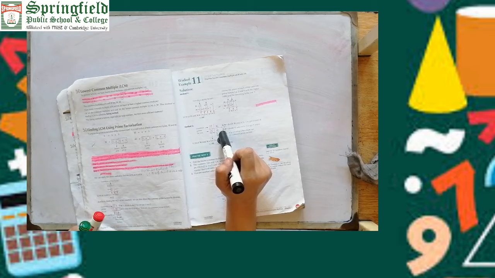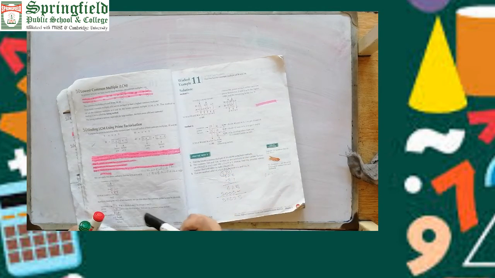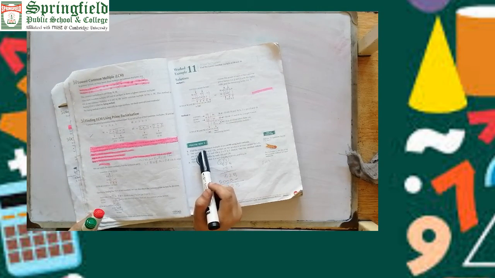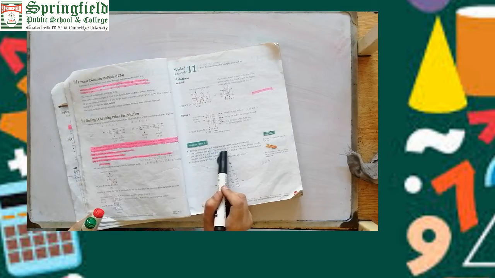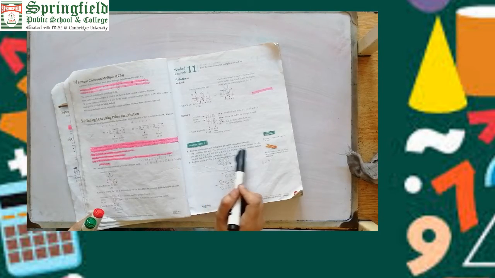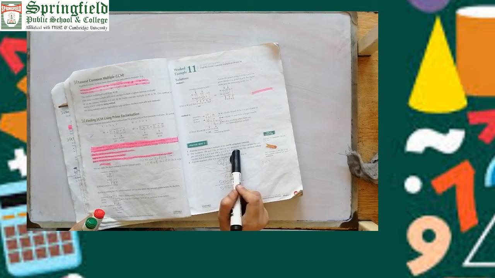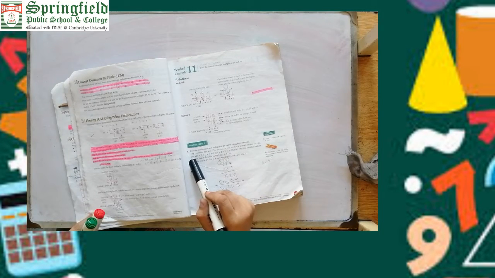Do the practice of this example in your notebook. Fine, as we already did an example of LCM. Now practice now 11 questions. Find the lowest common multiple of 24 and 90 using both methods. Now it's your task. You will find the least common multiple, LCM, of 24 and 90 by both methods: individual prime factorization and combined prime factorization. Fine? Okay, now come to the second question.